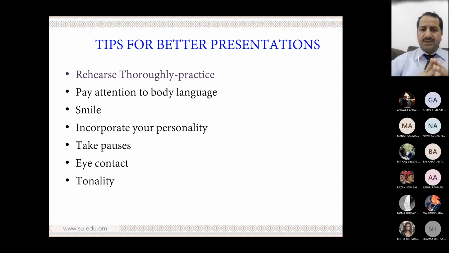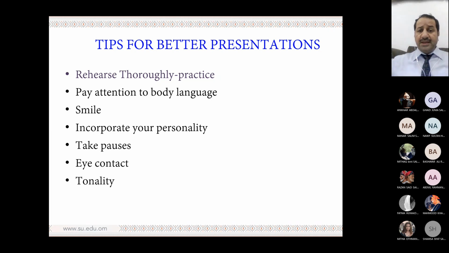Practice before you go to the presentation. Some students come and never practice, or practice only once. No, my advice: practice many times, as much as you can. Each one separately, and then the group, the team together. And while you are practicing with your team, try to criticize your colleagues. They criticize you, and this way you will learn from their feedback.